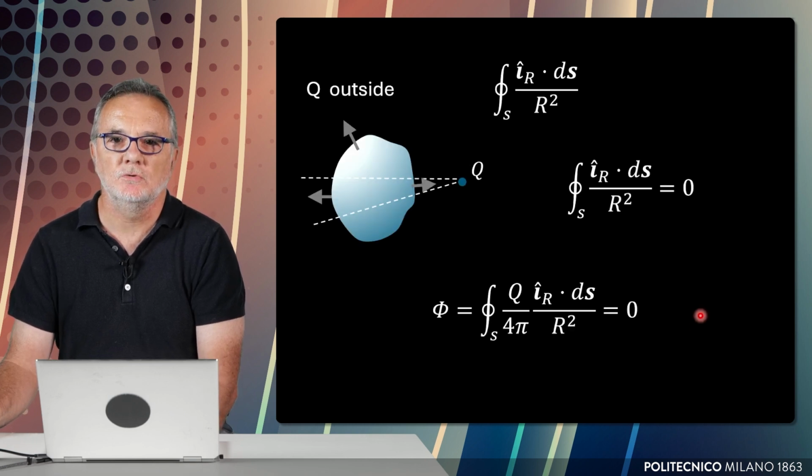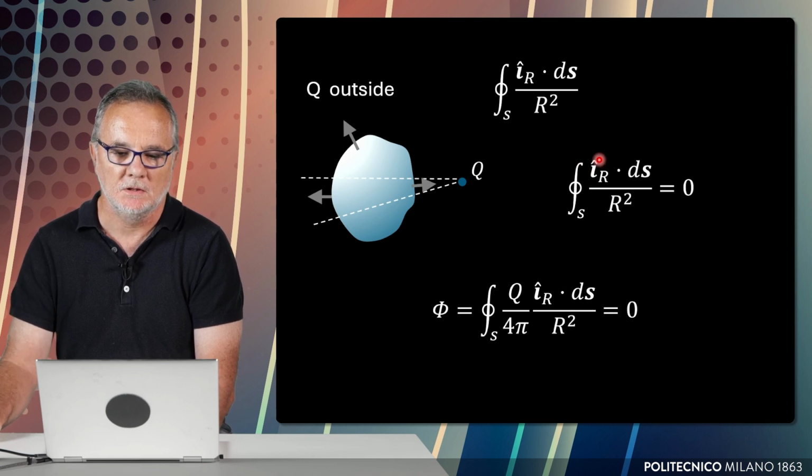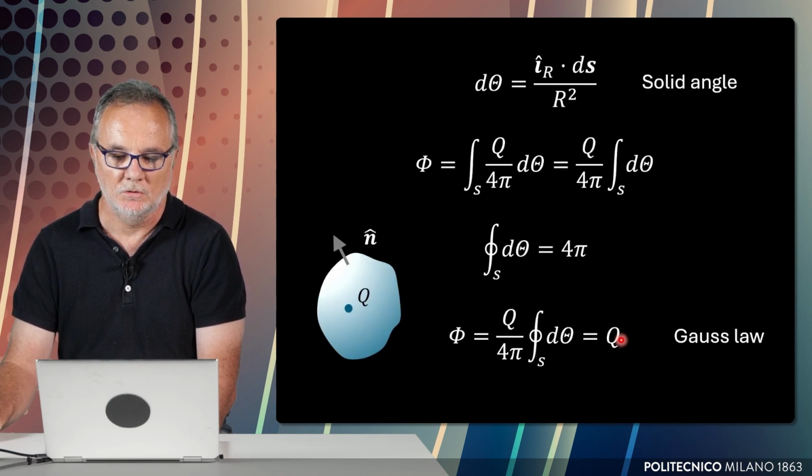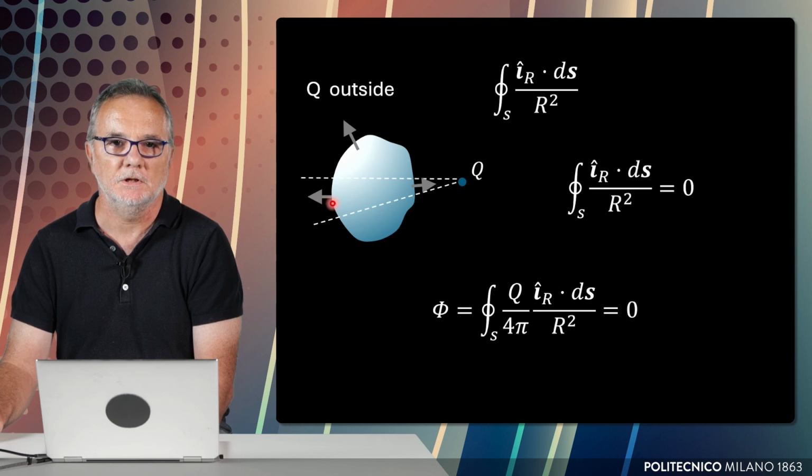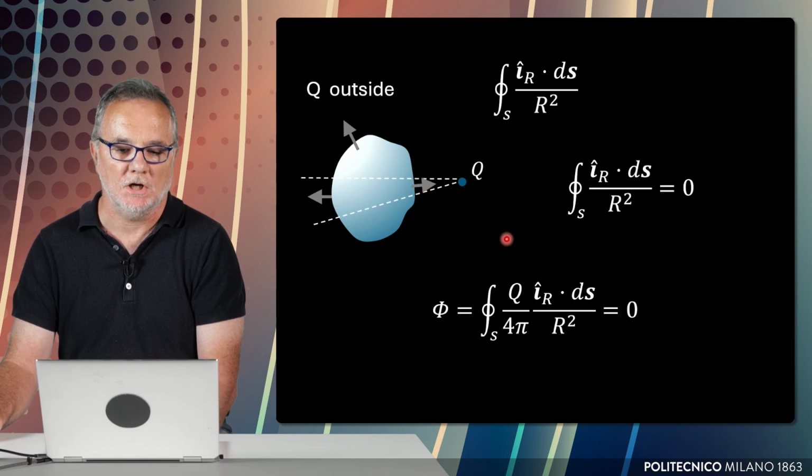In case the charge Q is placed outside the closed surface, the total flux gives 0, which is something that is contained in Gauss' law, because the previous expression that you see here, when the total charge is 0, gives 0, of course. But we can explain this by observing this figure. The solid angle that is crossed by these two lines is crossed once with the normal unit vector directed in this direction, and another time with the normal unit vector in the opposite direction. So the two solid angles and the two fluxes cancel each other.